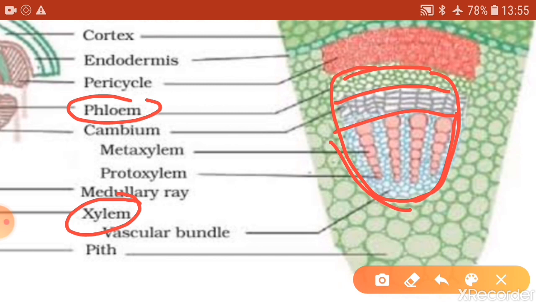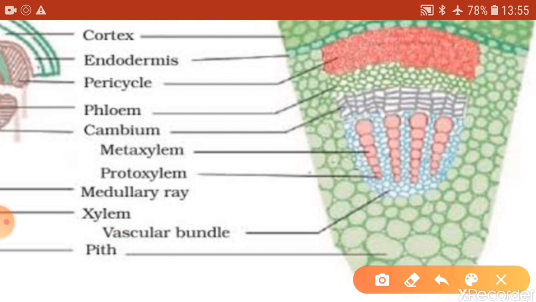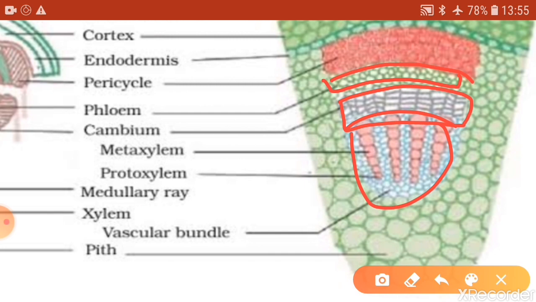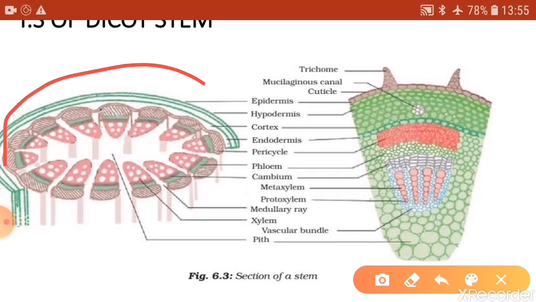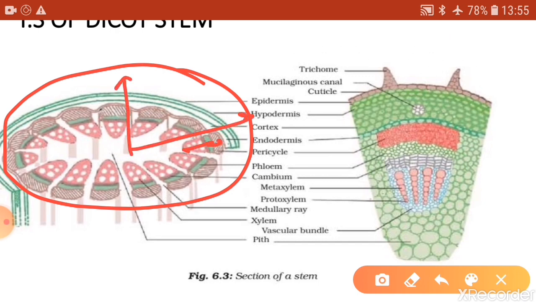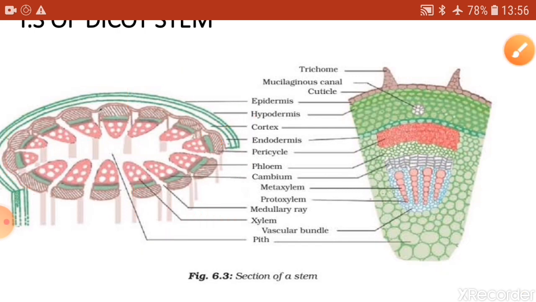And as you can see in this diagram, between the phloem and the xylem, you find there is a tissue present. This tissue is called cambium. Try to recall, cambium is lateral meristem. So what does cambium do? Cambium will add cells on either side, and this is going to increase the diameter or thickness. So when cambium adds cells on both sides, the diameter or thickness, which is called girth, of the stem or the root increases, right?